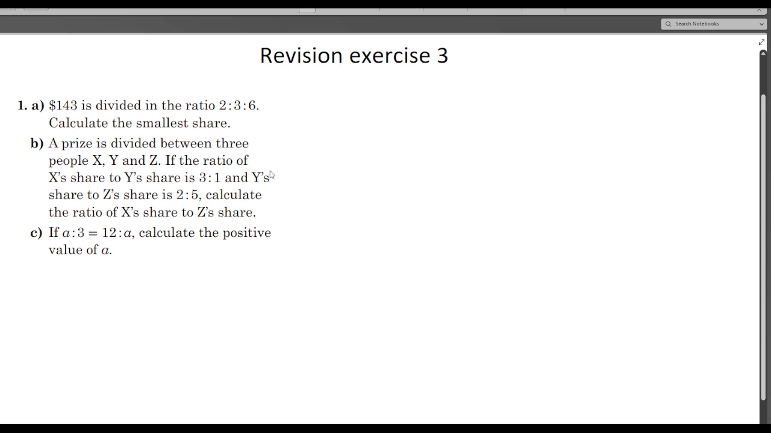$143 is divided in the ratio 2:3:6. Calculate the smallest share. Now the ratio is given as 2:3:6. So there are two approaches to solve this. The simplest approach is